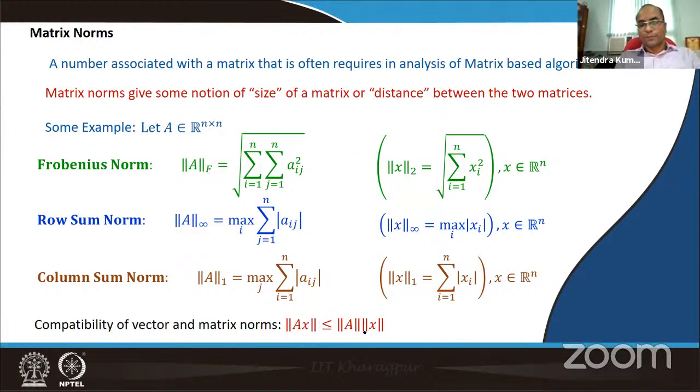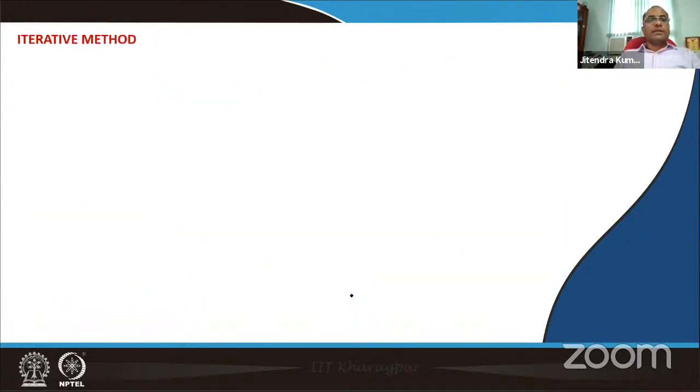So you can take this from any norm of this matrix and then the corresponding vector norm here, also the same vector norm, and this inequality will hold: the norm of Ax is less than or equal to norm A times norm x. Yeah, norm A and norm x. Well, so the iterative method,